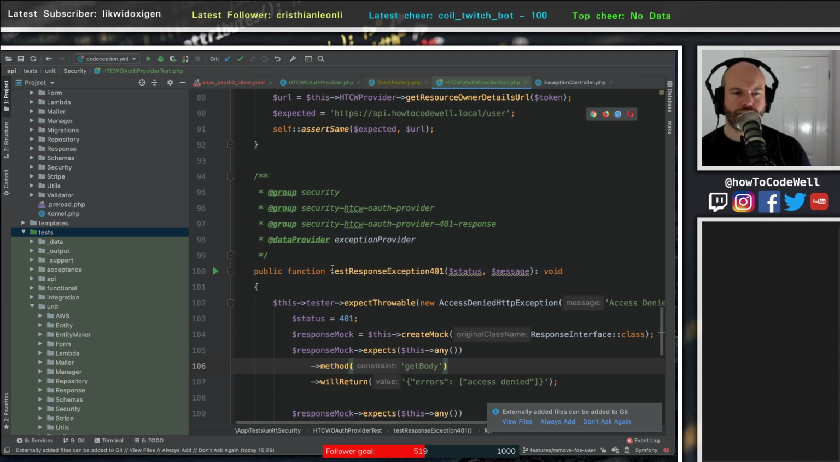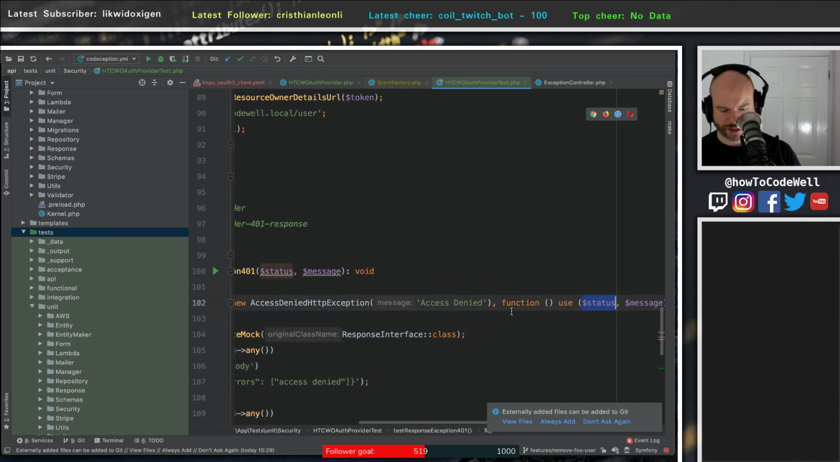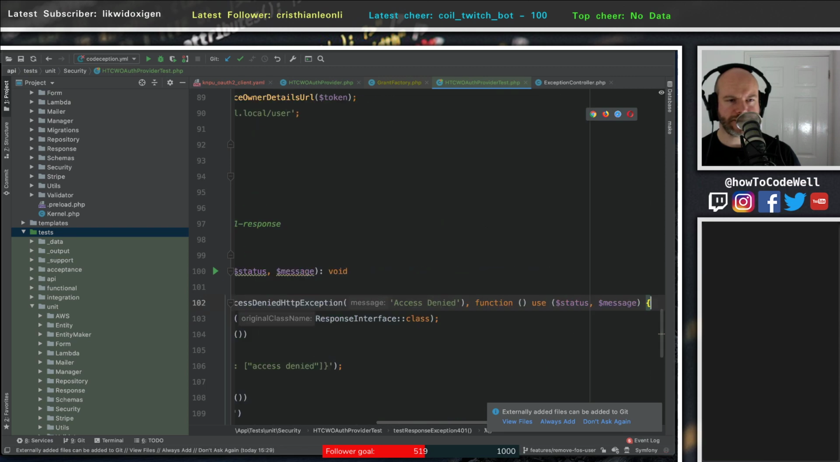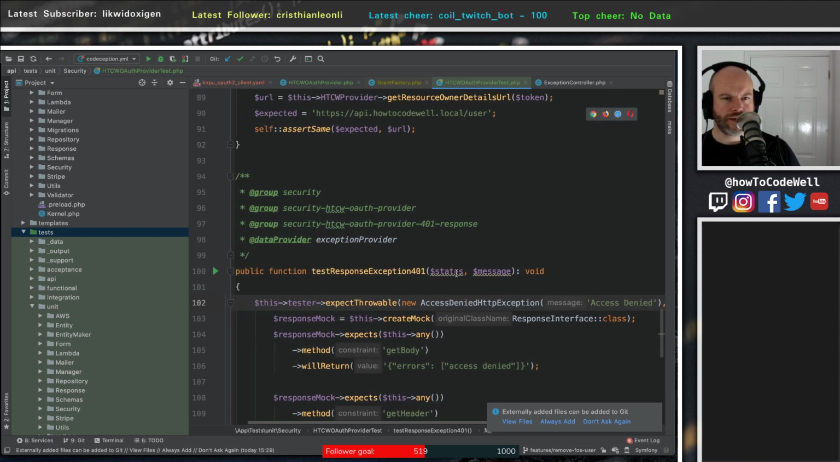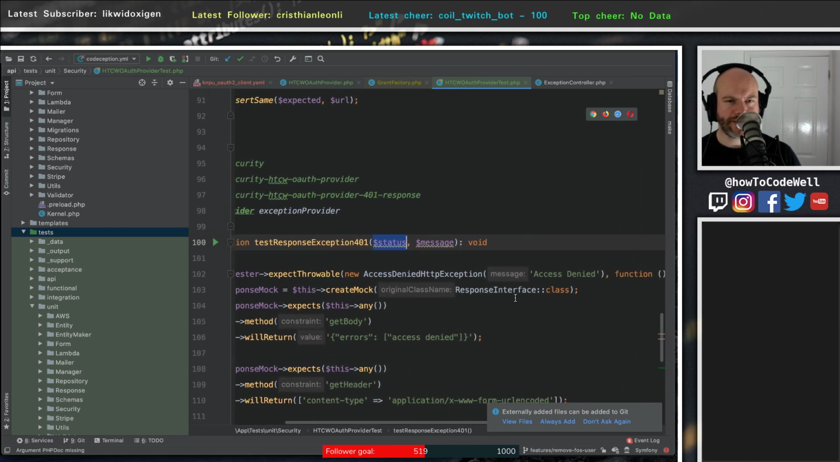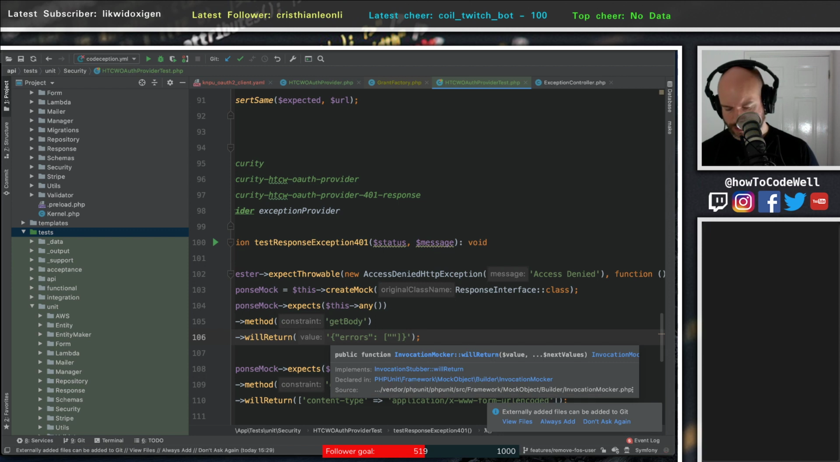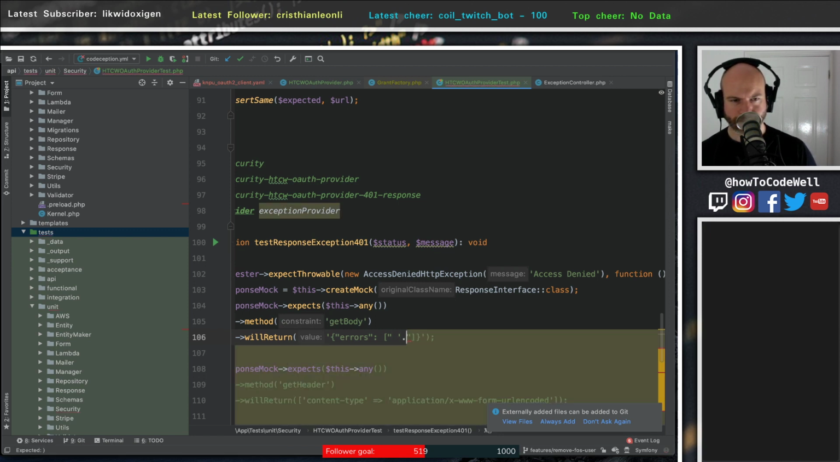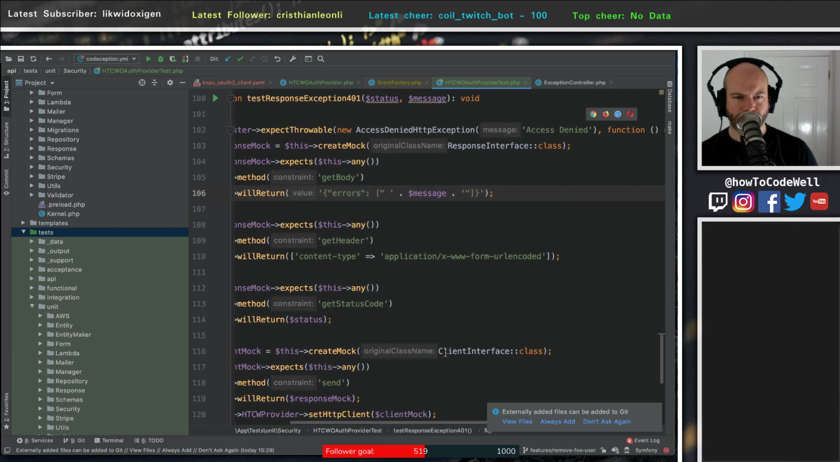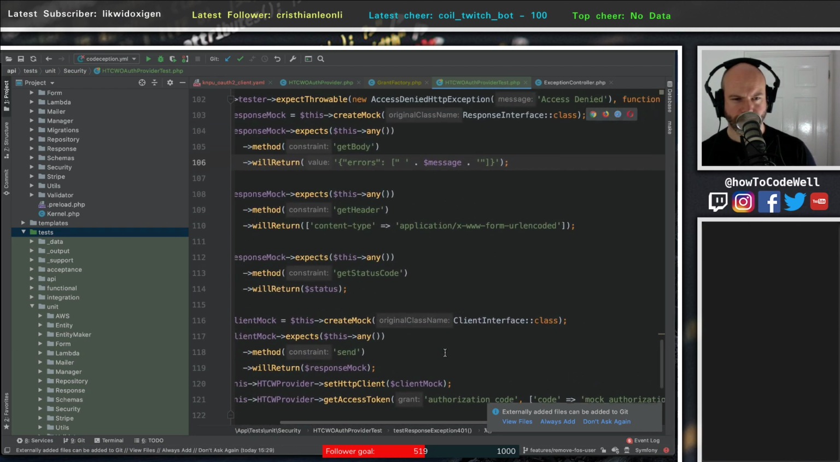So now we've got the status, which is that, because that's been passed in. Let's update the documentation here. I think this is correct. Who knows? And then this is the message, so we can concatenate that. And then down here,